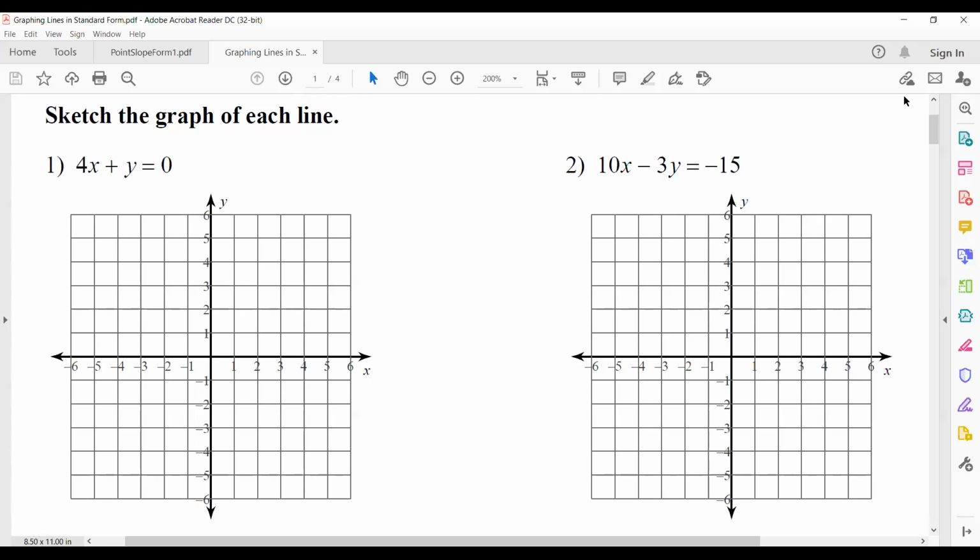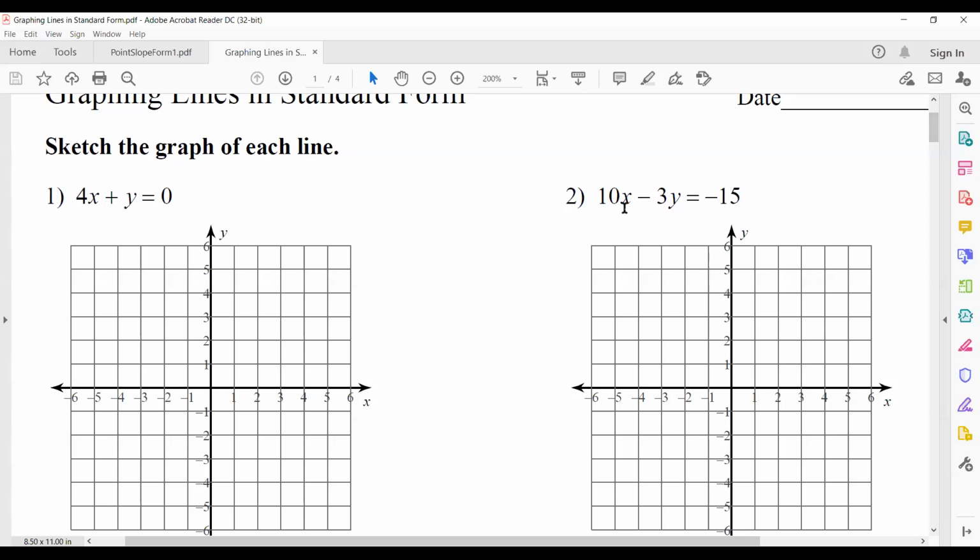So if all I'm trying to do is come up with the intercepts, I'm looking at what happens if I start to substitute some zeros in here for either the x or the y, and then solve for the other variable, because that could give me the 2 points that I need to graph. All I need is 2 points and I can draw a straight line. The problem is here, I'm going to have to end up dividing by these coefficients,